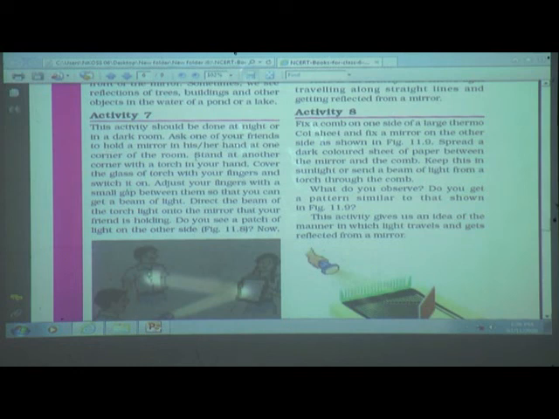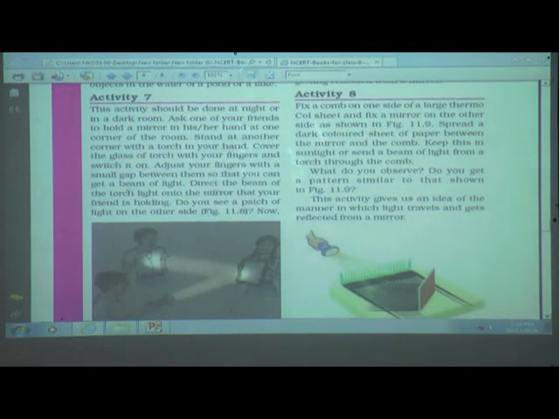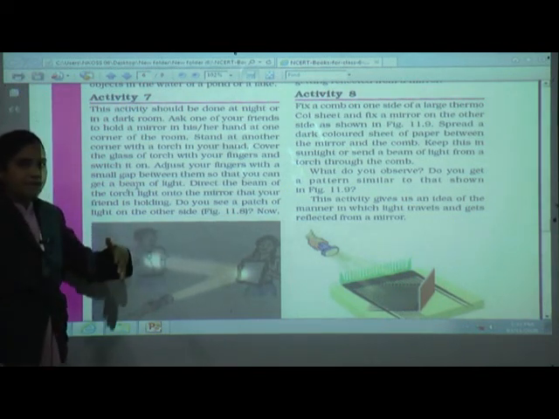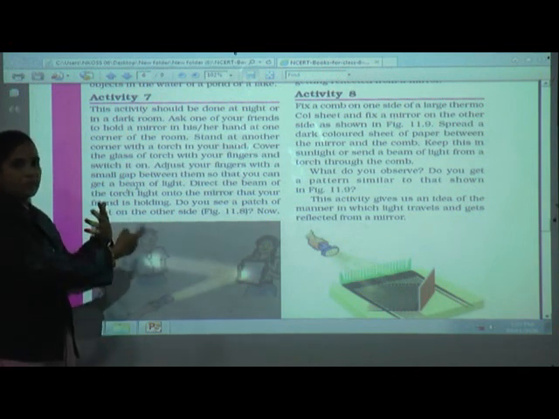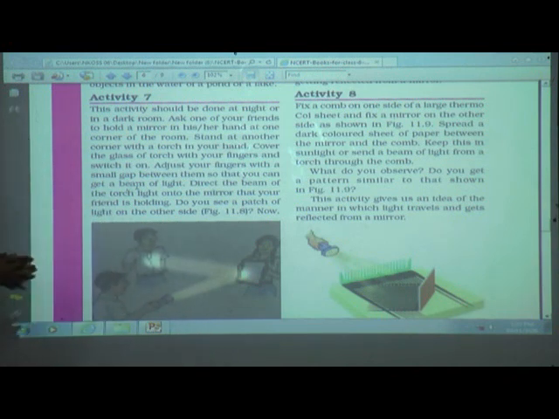Stand at another corner with a torch in your hand, like this, and cover the glass of the torch with your fingers with a small gap between them so that you can get a beam of light. Just cover the glass of the torch like this so that the beam passes through the gap of your fingers.